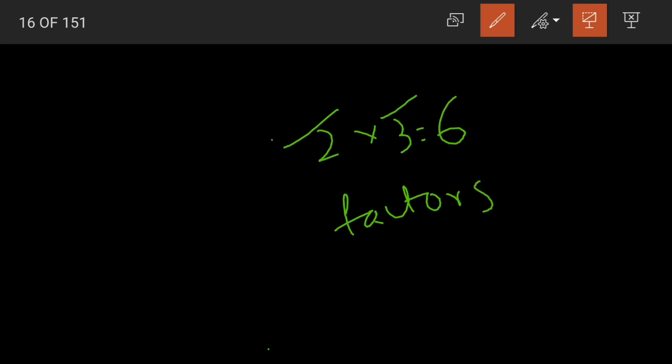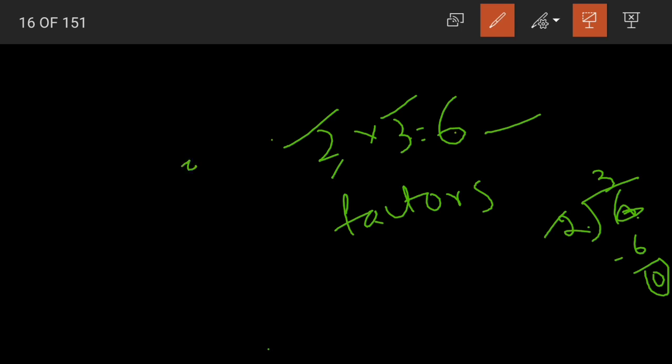Not only for 10, you can also take any number, say 6. We have 2 3s are 6. Yes or no? So 2 and 3 become our factors of 6, children. Is 6 divisible by 2? Yes, see. 6 divided by 2, we have 2 3s are 6. When we subtract, 0 is remaining. So 6 is exactly divisible by 2.